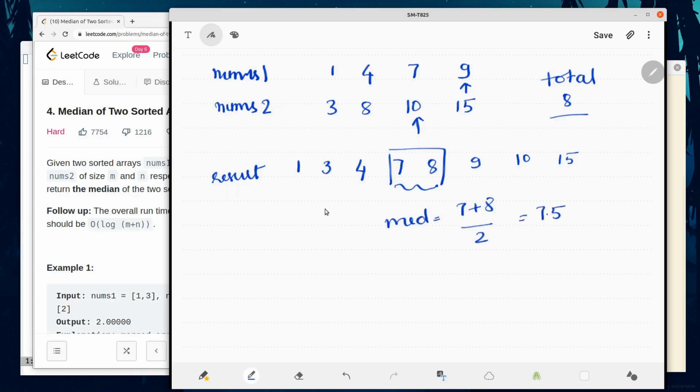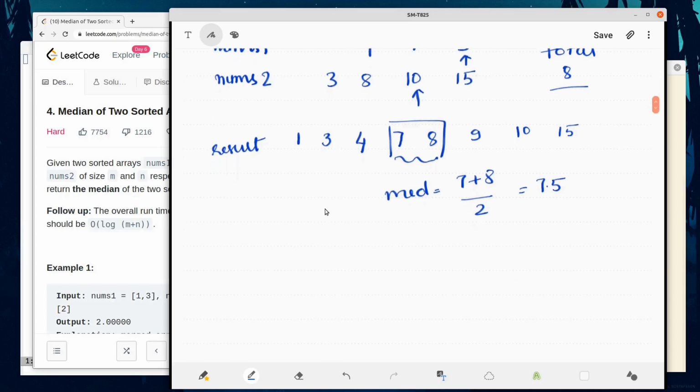Therefore this is the method we are going to follow. This I'll code up and we can look into the solution. Now say for example here the median was 7 and 8. That example was of the even case. Say we had an odd number, right? Say my array was